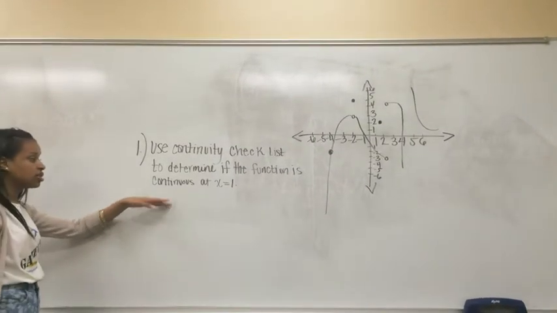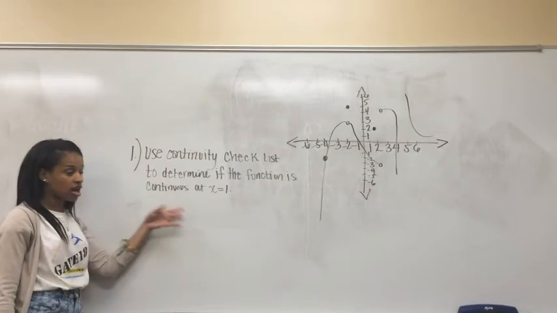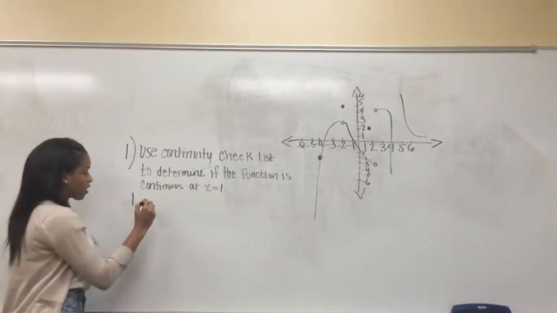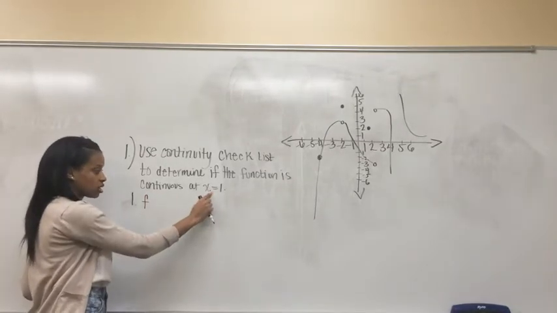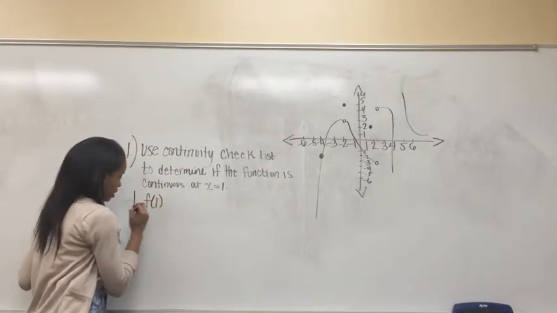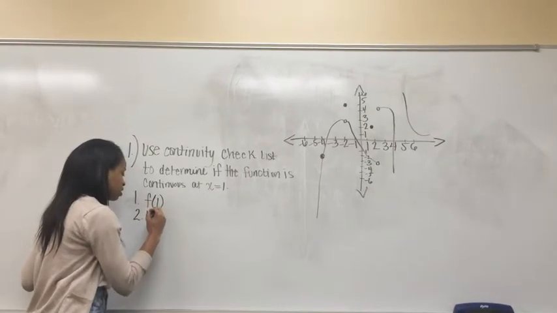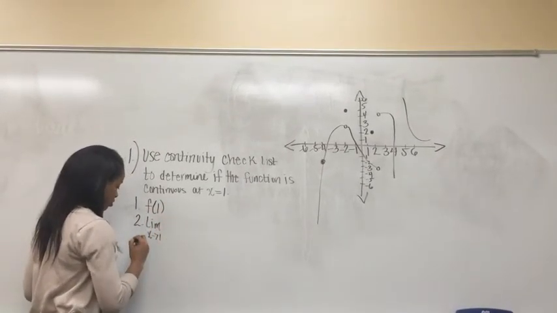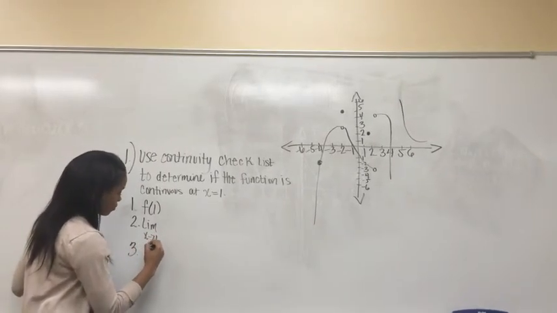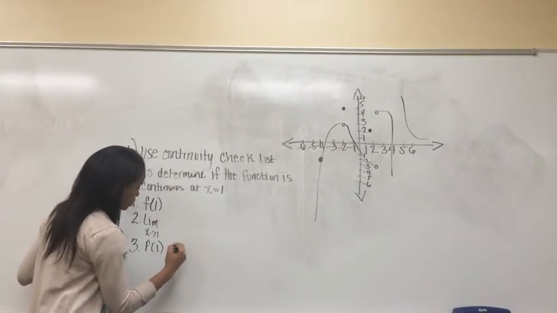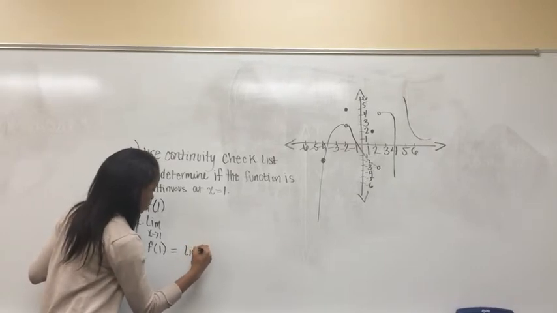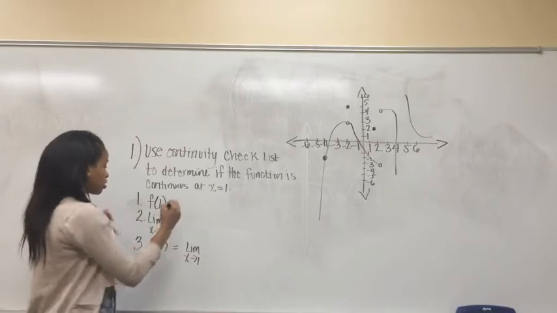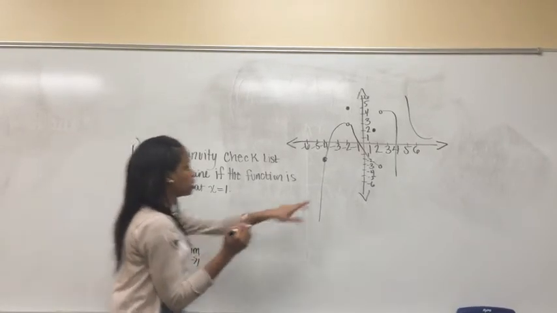Continuity checklist to determine if the function is continuous at x equals 1. So using the continuity checklist, we have to, 1, find f of c, or x, which is 1, so f of 1. 2, we have to find the limit as x approaches 1. And 3, we have to find out if f of 1 is equal or not equal to the limit as x approaches 1. So, looking at the graph, f of 1 is 2